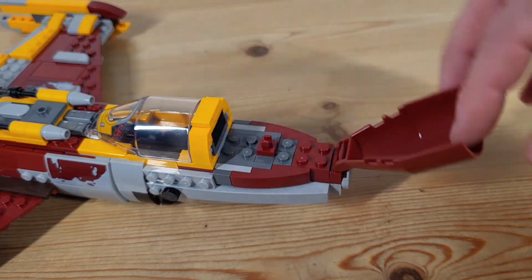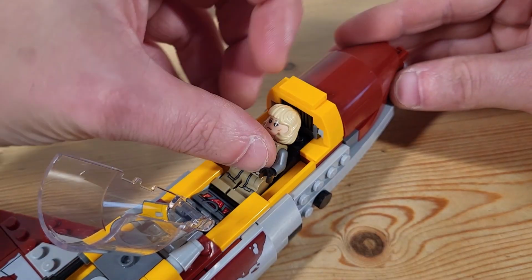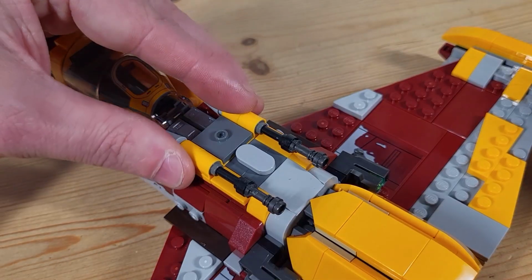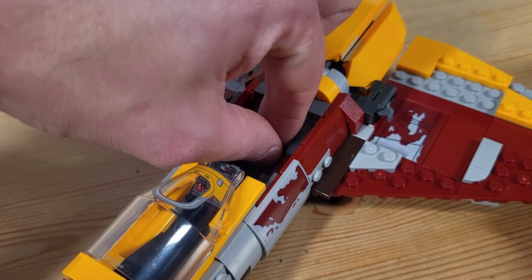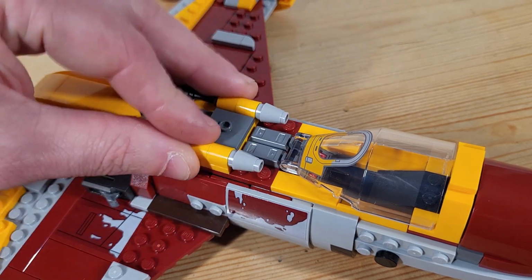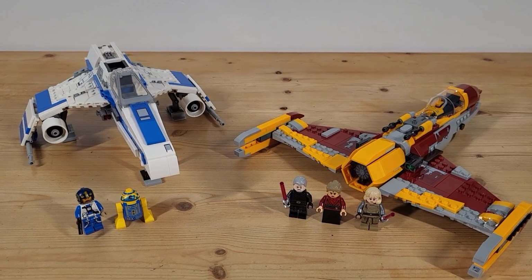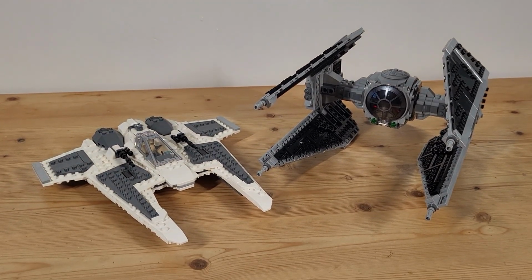And just like the E-Wing, there's clever storage with room for a lightsaber at the rear, a cockpit for the pilot, and under these removable cannons there's 2 storage compartments, where you can store a blaster at the bottom and even place Baylan on the next level and close it all up. All in all, this is an incredible set, but I will give a shout out to the Mandalorian Fang Fighter